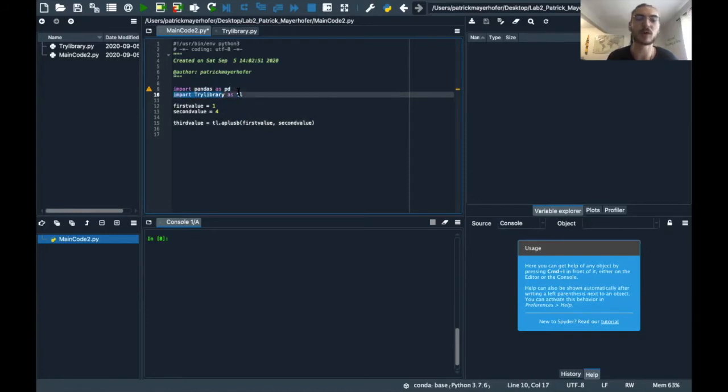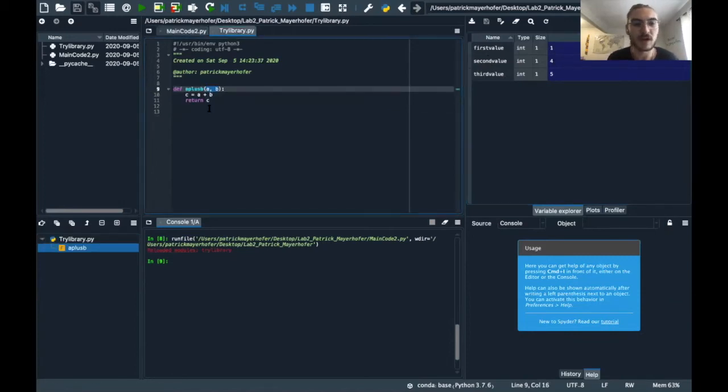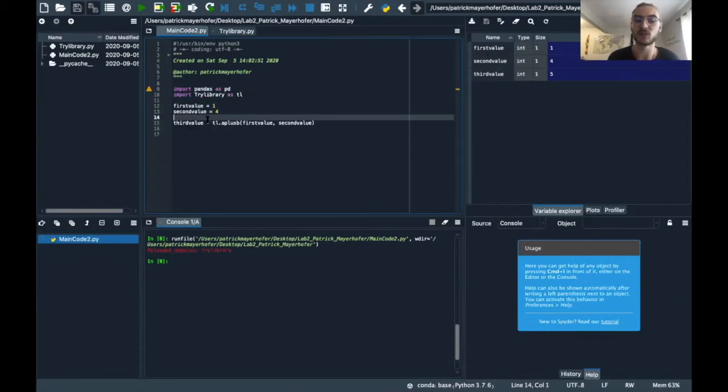So if we run this file now, it will import our, this isn't important yet because we don't use it yet, but it will import the try library. It will create the first value and the second value, and then it will calculate the third value with this function here. So let's start it here. And there we go. We've created a first and a second value, and then the third value was created by summing